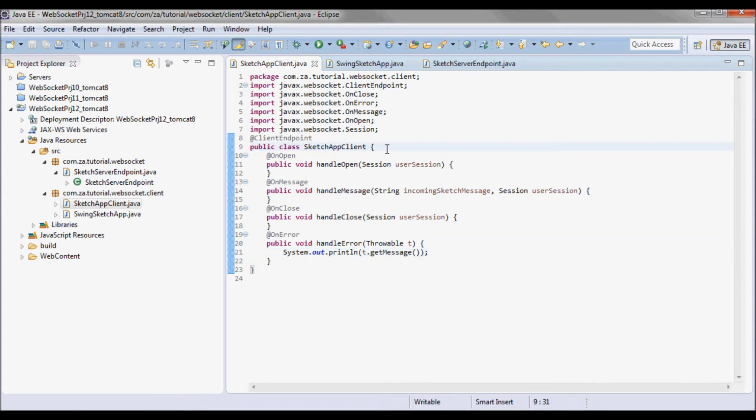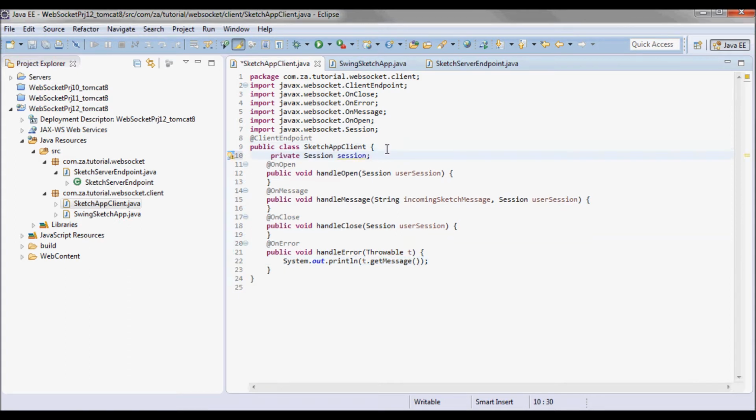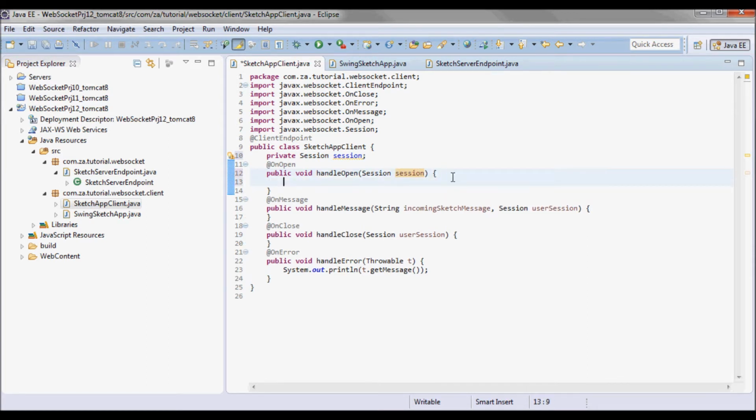Now here let me first define a session. And let's change this to session. In onOpen, I'll do this.session is equal to session.